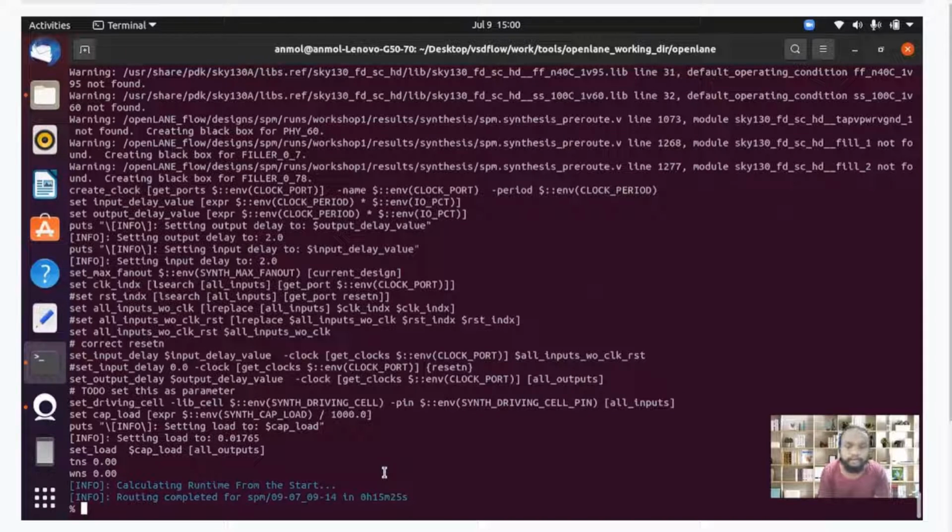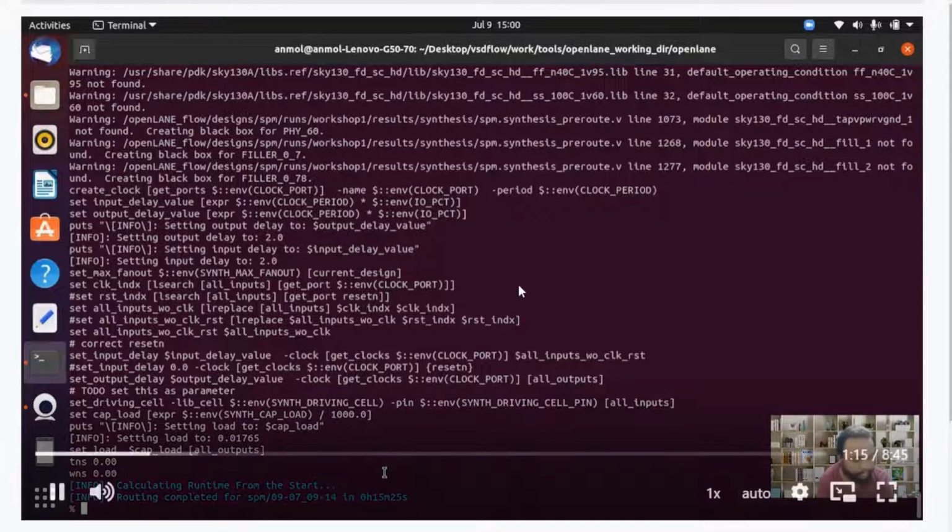Now after the routing stage, what we have seen is that we have made a number of changes on the design. So now, in order to run the LVS, we need to generate the Verilog file, which is equivalent to all the changes that we have done. So we will use the command